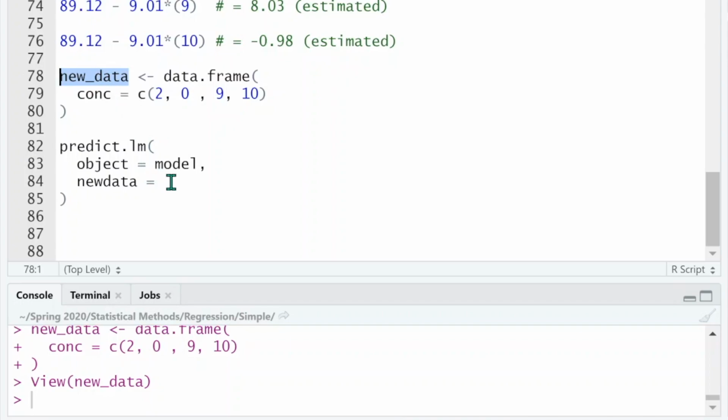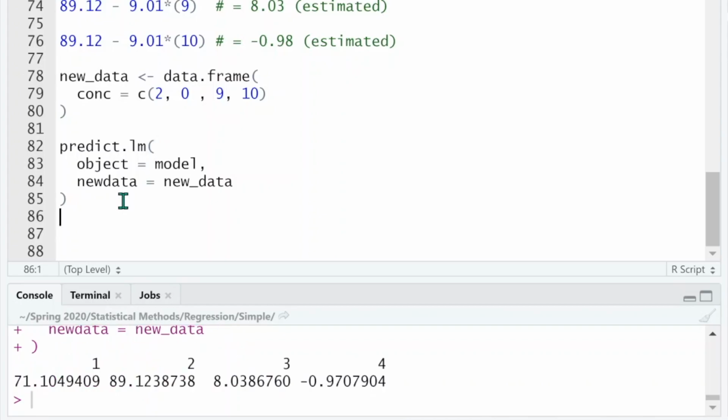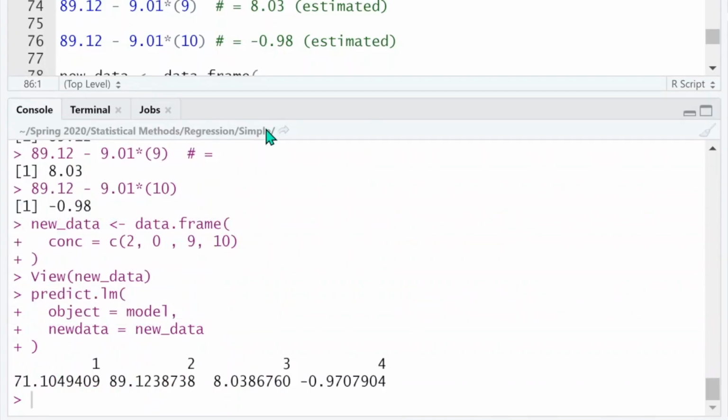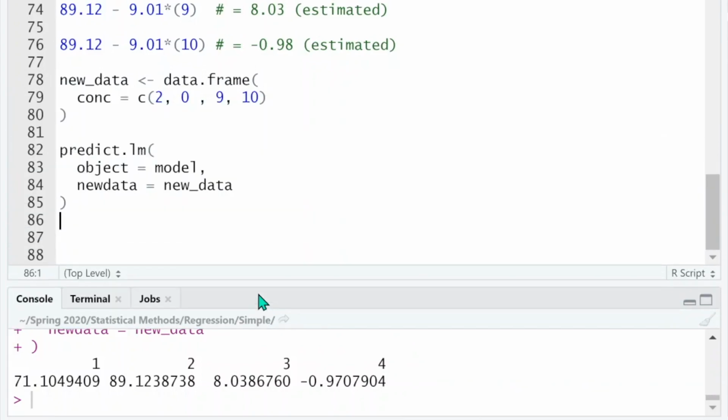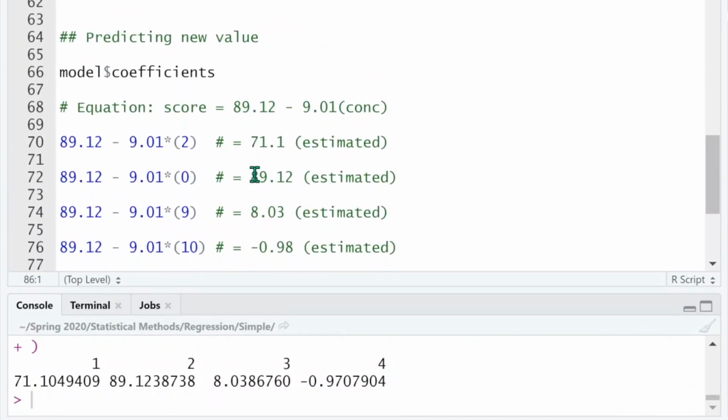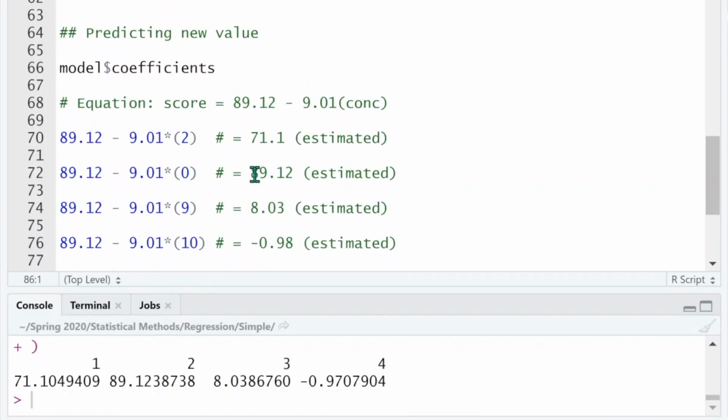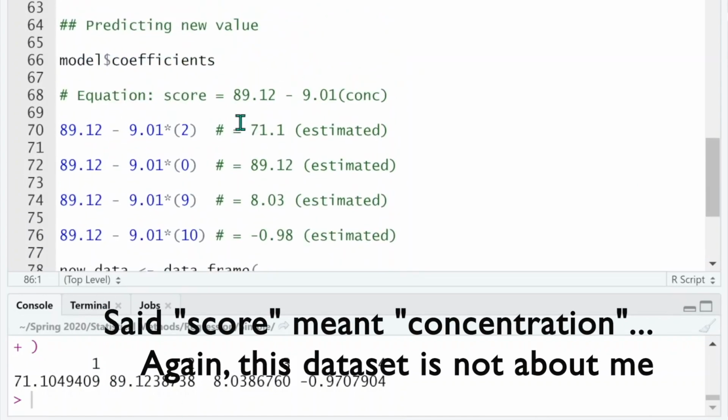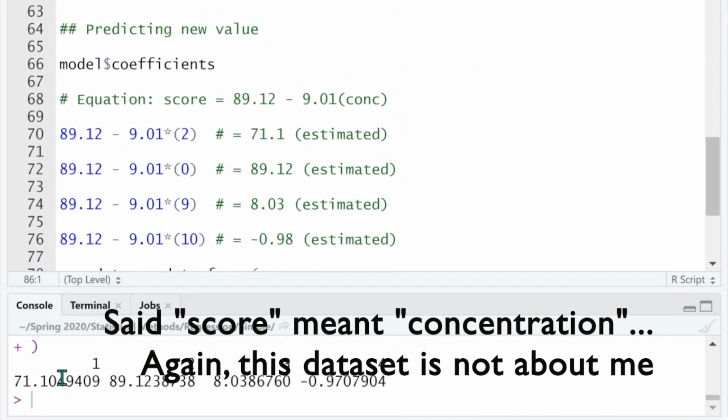So if I just put in new_data, that data frame, what's going to happen? Well, here's what's going to happen. Our first value, our first one, was a score of 2, and we get this estimated value of